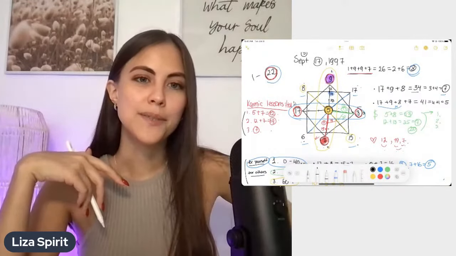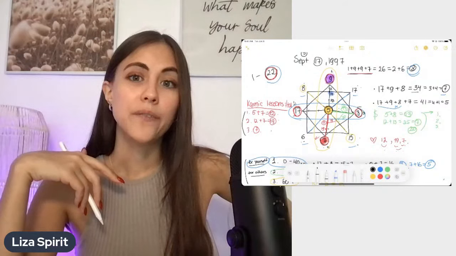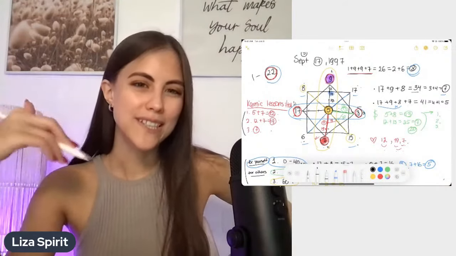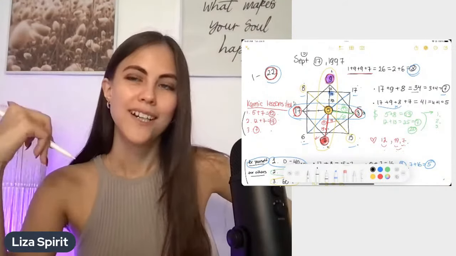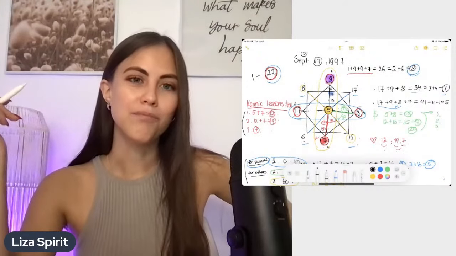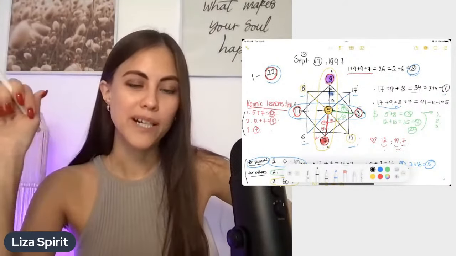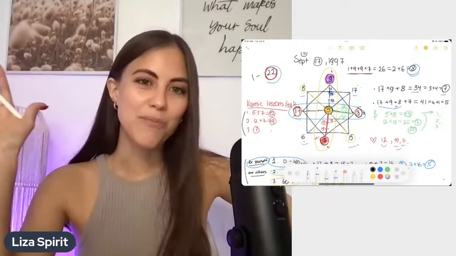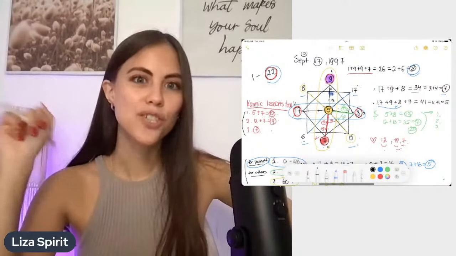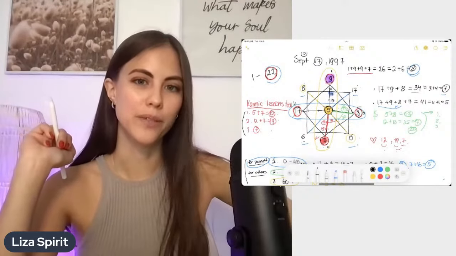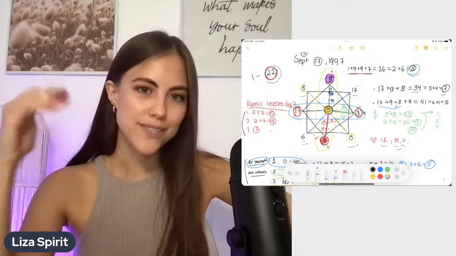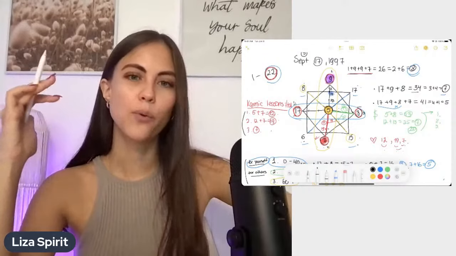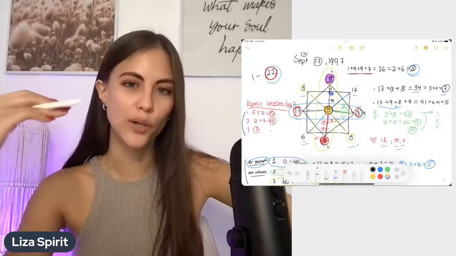Number 11 is called the strength. These people are very strong. They look physically fit. Many of them, if we have them in a karmic lesson or in money, are personal trainers, fitness trainers, anything to do with health, like nutritionists as well. Because they have a lot of strength, a lot of power, a lot of resources, a lot of energy.